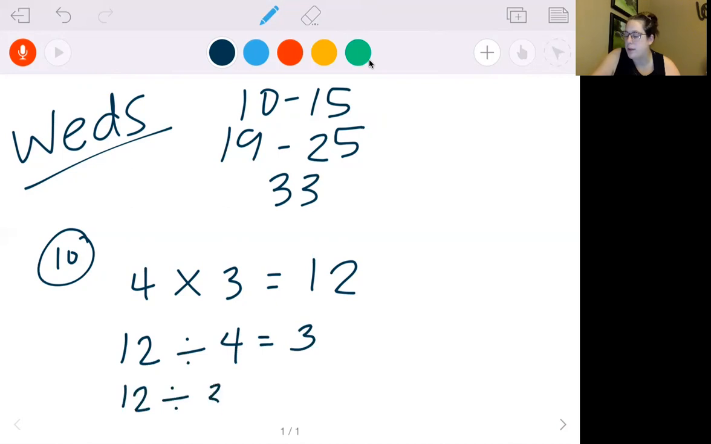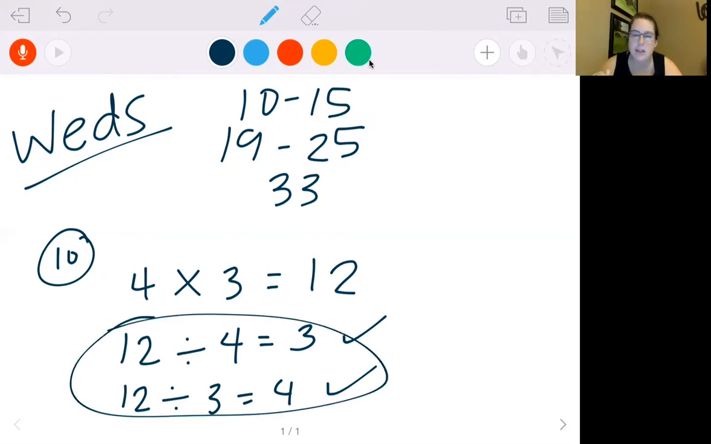or you could do 12 divided by 3 equals 4. Any of those would be a correct answer, okay? Doesn't matter which one you pick, as long as you have one of these answers for number 10 through 15, then that is correct. Then they'll give you